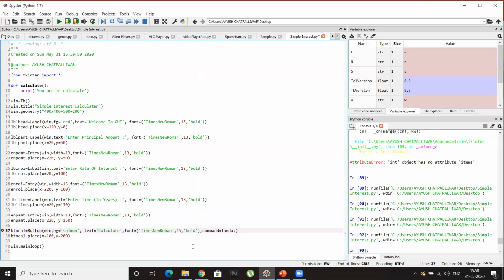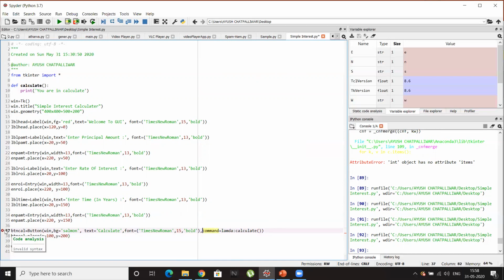Here our function name is calculate with parenthesis. Yes, that's it. So this will call the function, and once we call it, "you are in calculate" should get printed.